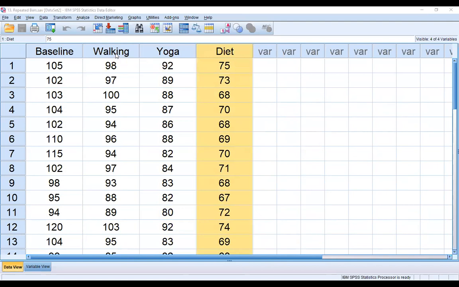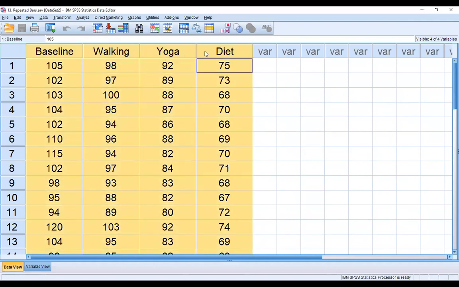Then how to compare these 3 methods through graph. So if we want to compare this data through graph, then how to create the graph?